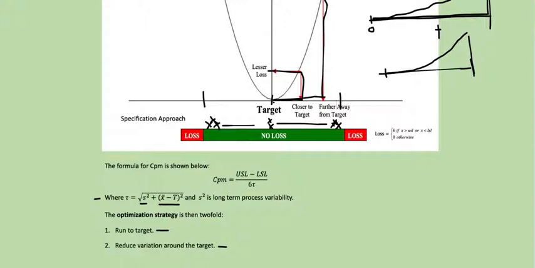There are different types of loss functions out there. Some don't have this quadratic feature. Some have different types of loss functions that dictate when the loss is going to happen, and there are quite a few resources out there to read about that. But again, basically it's about running to target, reducing variability,